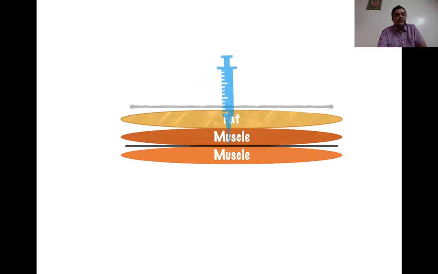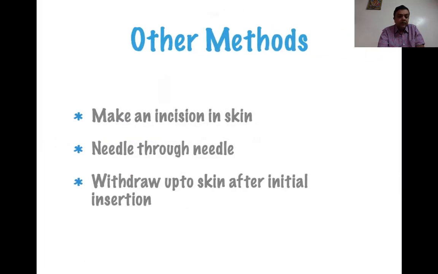Then the pop of the second fascia, and then inject the drug. So this is the pop of fascia: bounce and pop of the fascia, again bounce and pop, and inject the drug. Other methods: make an incision in the skin so that you don't feel the resistance of the skin, go through the skin, then feel the bounce and pop of the fascia, and then advance the needle to feel the